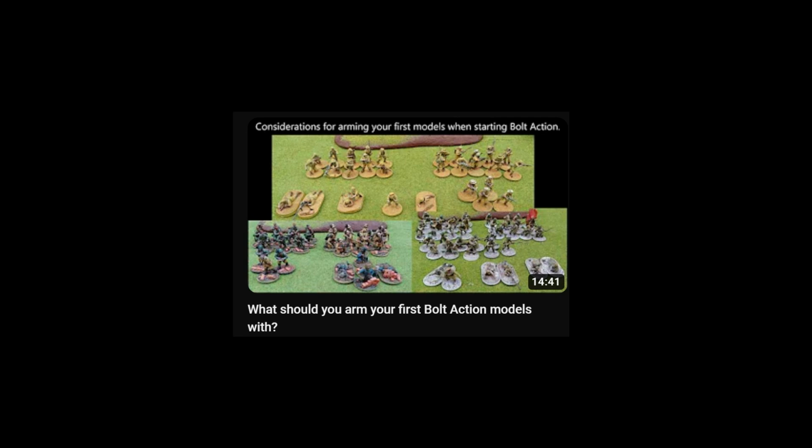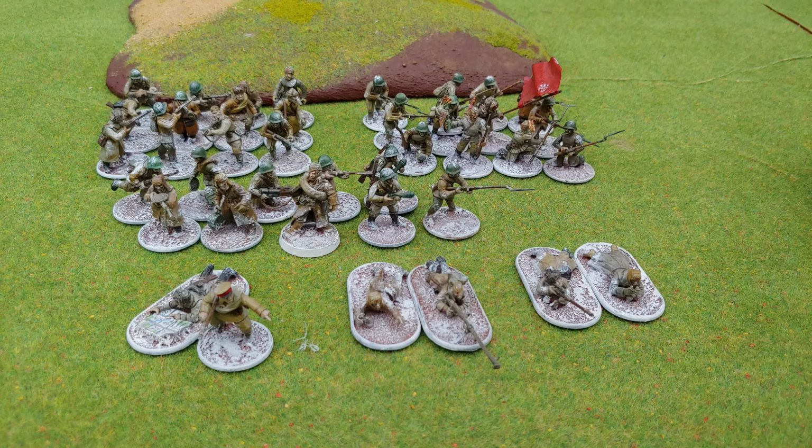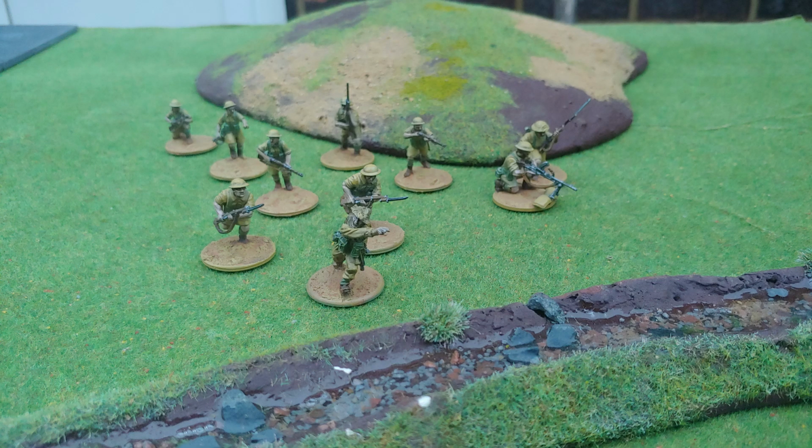Last week I published a video about how to build your new plastic infantry for Bolt Action. However, when new players ask, how do I build my new plastic infantry, there might actually be two questions being asked. The first of those that I answered last week was, how do I build the infantry into squads? How many of each weapon, rifle and submachine gun, how many veterans, lieutenants, spotters, how to organise building those models,